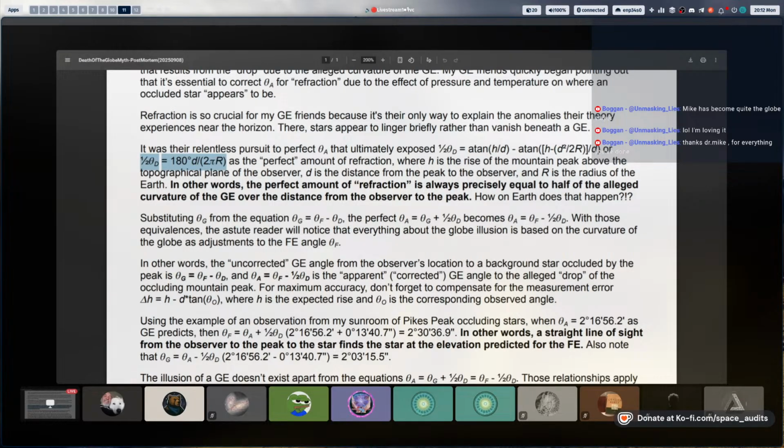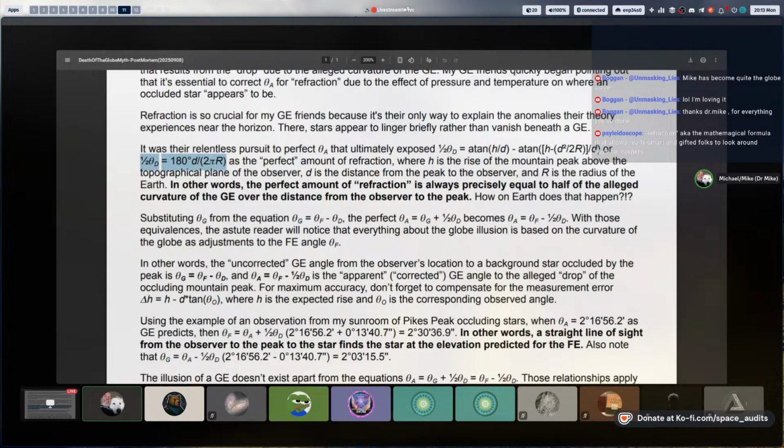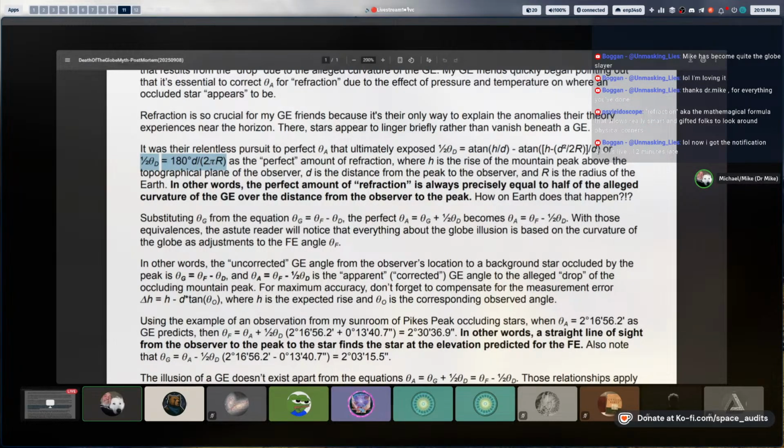Is that what you're saying? So I'm saying when you add 1/2 of the distance to the uncorrected angle, which is called theta sub g, that's the raw uncorrected globe Earth angle from the observer's location, looking at where Stellarium says the star really is, not where it's refracted to. If to that angle you add 1/2 the distance angle, that brings you up to perfectly refraction corrected, what they call the apparent angle. And that's the one that terrestrial theodolites measure. That's the one we've actually been talking about all these weeks.